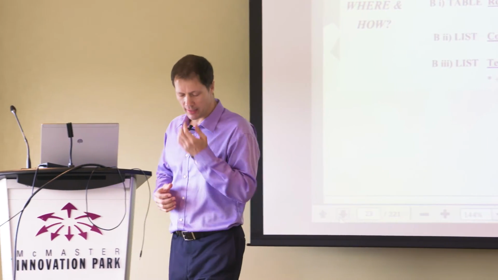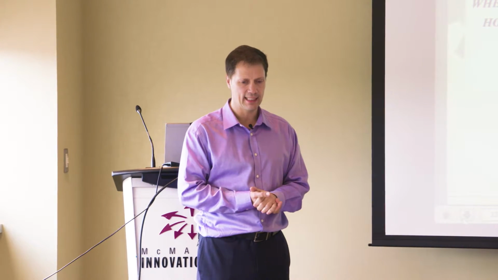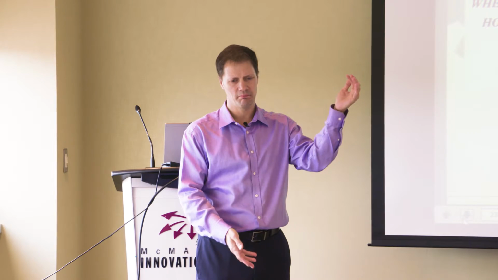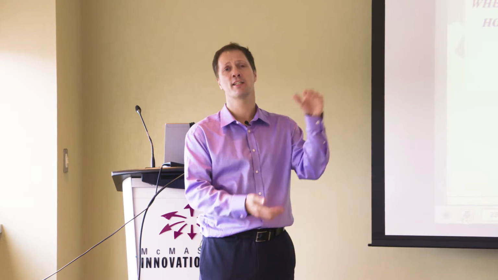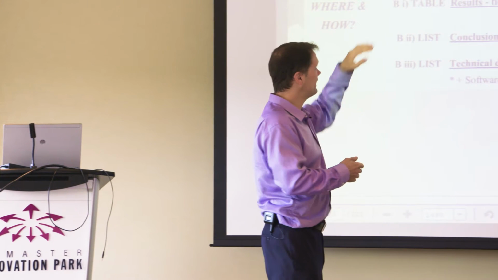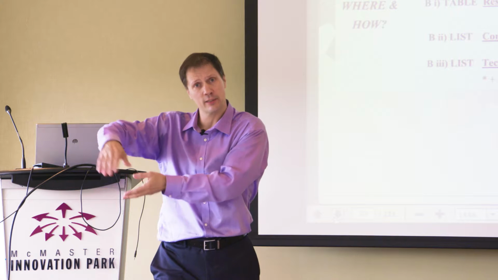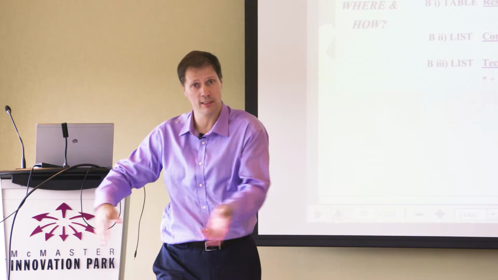I use an example of a client that I had that had a project of over $1 million. This is going back decades now. And it was written on less than the space that you have for a project. So it was very concise. And it talked about, we did 43 different prototypes, in 7 different classes. And here's what was different about each class. And within the prototype classes, here's the variables that we were experimenting with.